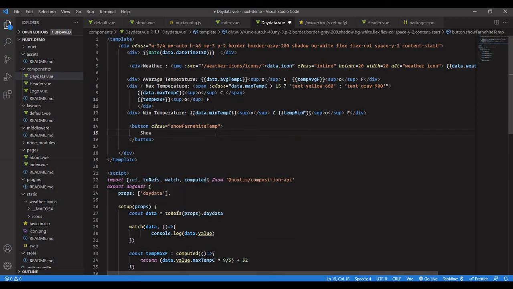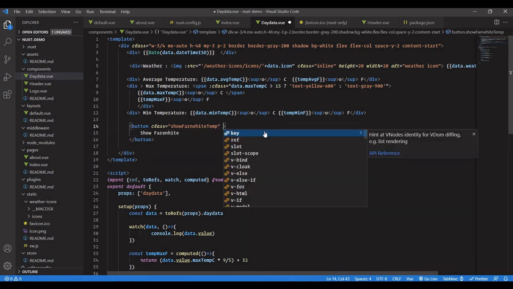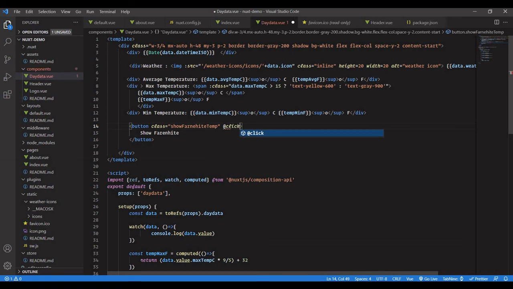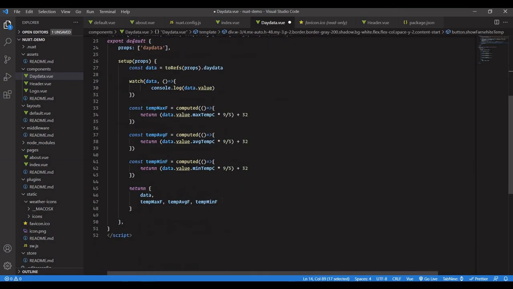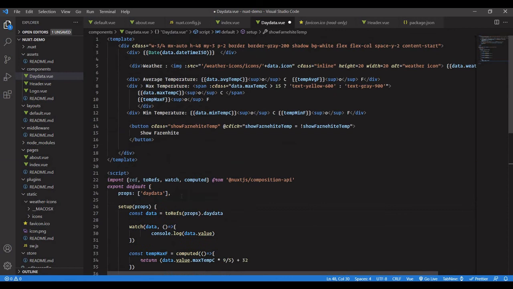Here I will say show Fahrenheit, and here I will say @click equal to show Fahrenheit temperature equal to not show Fahrenheit. And let's have this, return it over here. This would then become a ref property now. So const equal to ref of false, and what we want is